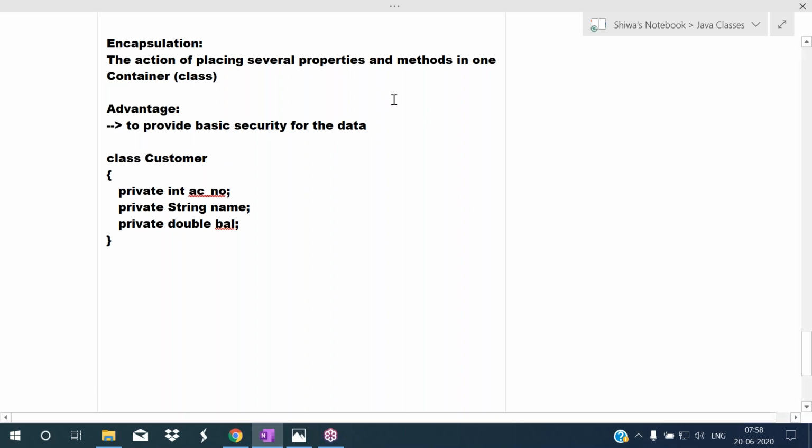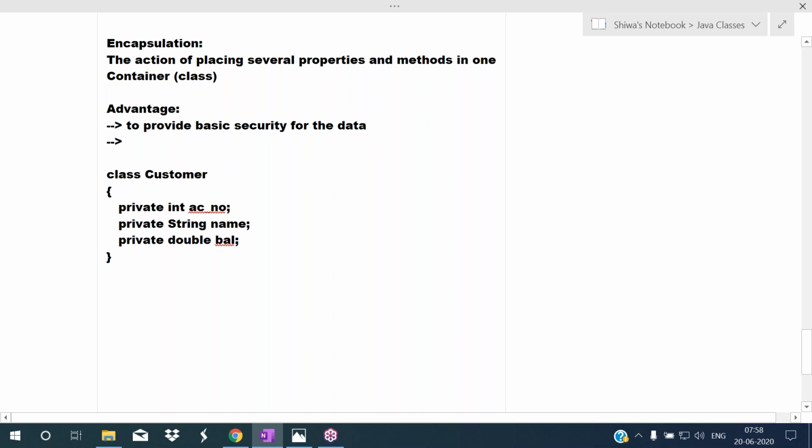And to control the data, we are also using this encapsulation. To make this account number read only, or to make this balance read only, write only, or read write, to make it accessible outside of the class, generally here we define public methods. So here we define methods. For depositing, I'm defining a method here. For withdrawing the money, I'm defining a method here.